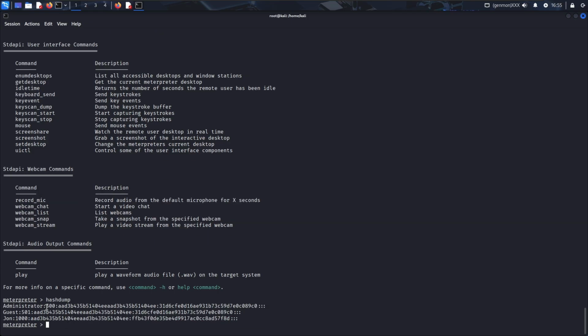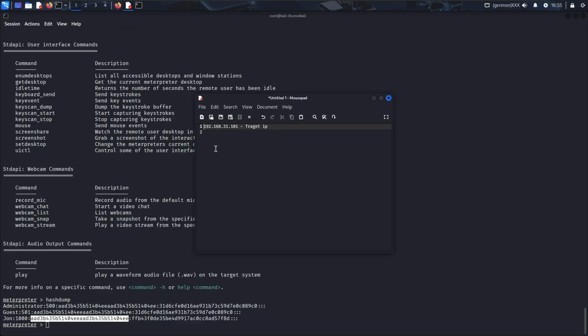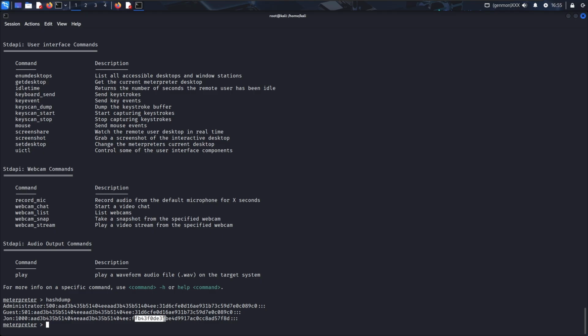Here we got all the hashes: administrators, guests, John. We will just find the password of John. So we'll first copy this hash and paste it in here. Again, we will copy this hash